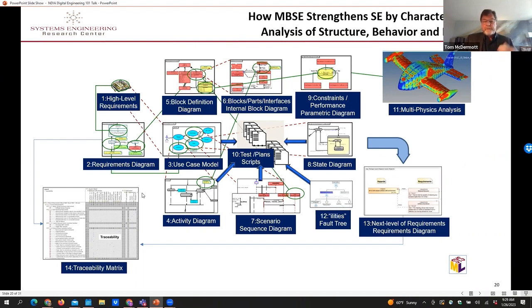So you think of this modeling activity, it has to be done because it adds value, and that value added is actually controlling all of the configurations of all the parts in a complex system over the full life cycle. And that's what we mean when we talk about model-based system engineering within a digital engineering environment.